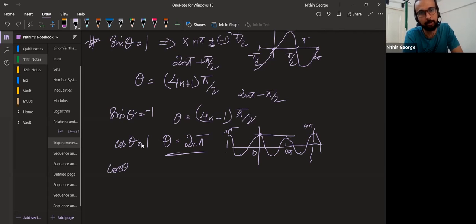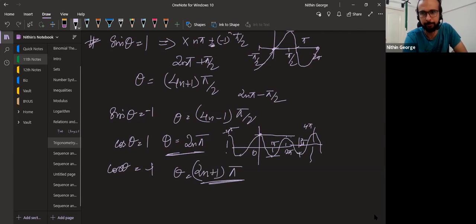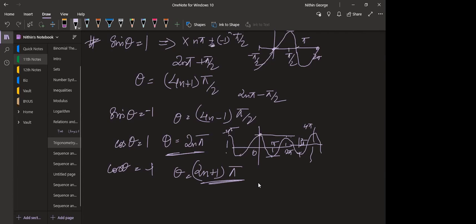If you get cos theta equal to minus 1, what can you say about theta? Where does this happen? Cos pi is minus 1. Cos 3 pi is minus 1. Cos 5 pi is minus 1. At any odd multiple of pi. Guys, remember this, okay? At any odd multiple of pi. Are you following? Yes, sir.